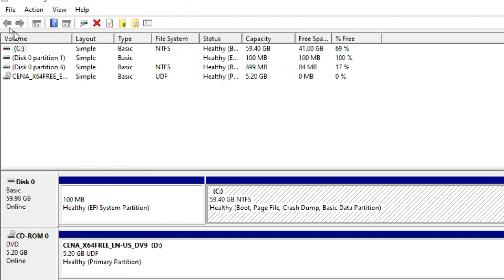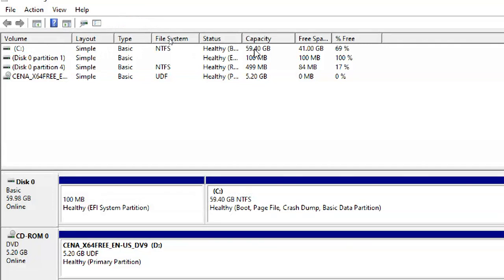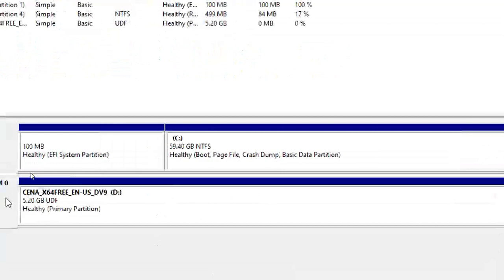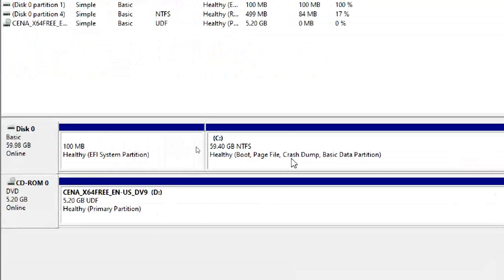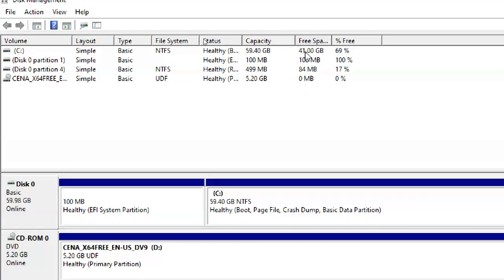If you go to the C drive, it has around 59.4 GB capacity, and 41 GB is free space. So almost 60 GB, 41 free means about 19 GB is taken by the operating system alone. So you can see the free space is about 40 GB.